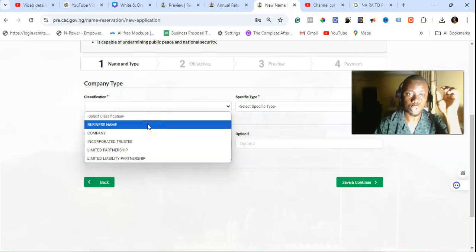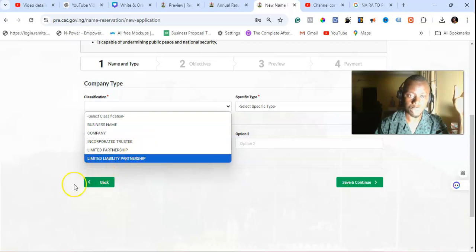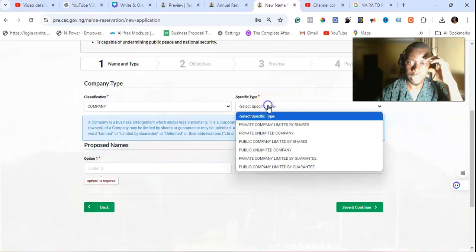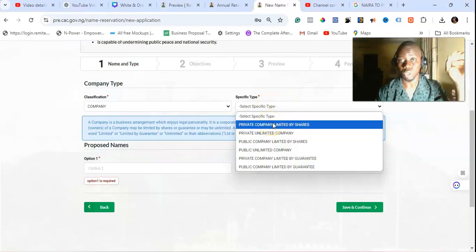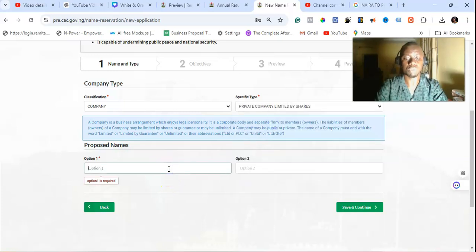Now you want to actually upgrade from a business name to a company registration, right? So you come and select company registration here. Once you select a company registration here, you have to select private company limited by share. Depending on the kind of upgrade you are doing, limited by share, I put in the name of the business. So for this example, I'm going to be doing ABC